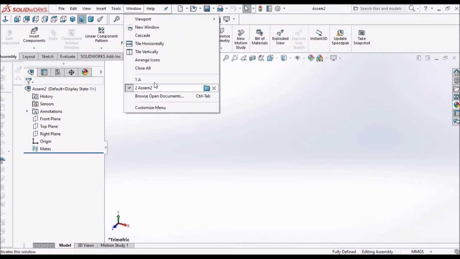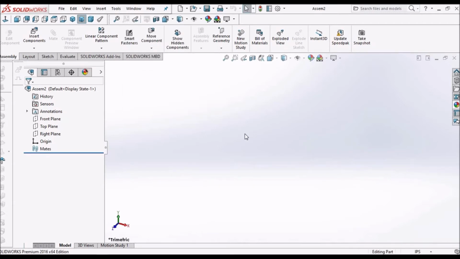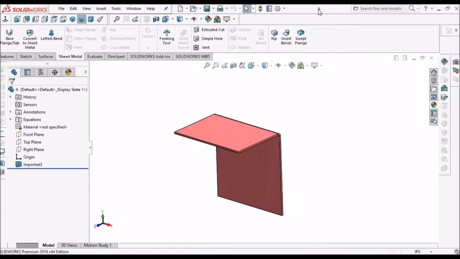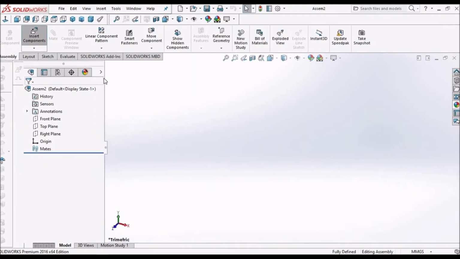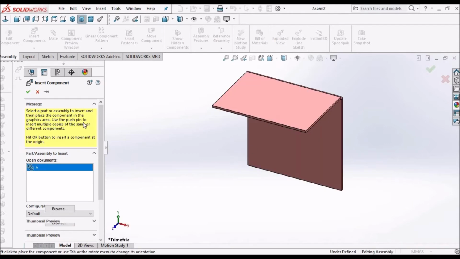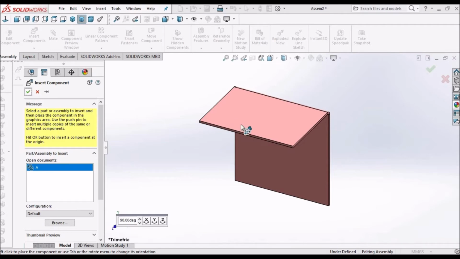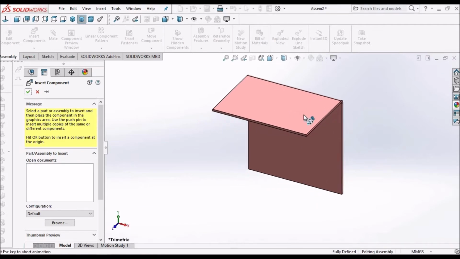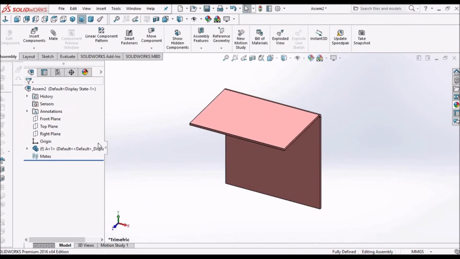See, the earlier file which I imported, I saved as file A. The new component which I am going to create will be B. So let's go to assembly. Insert component, take the A component and place it somewhere. Say OK. See, it is fixed.